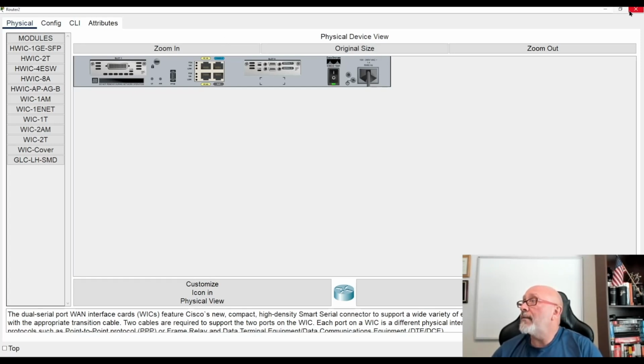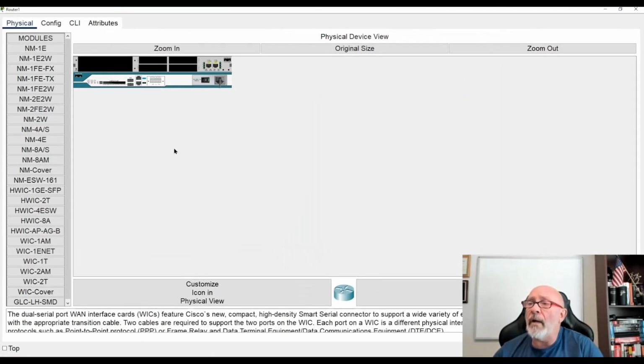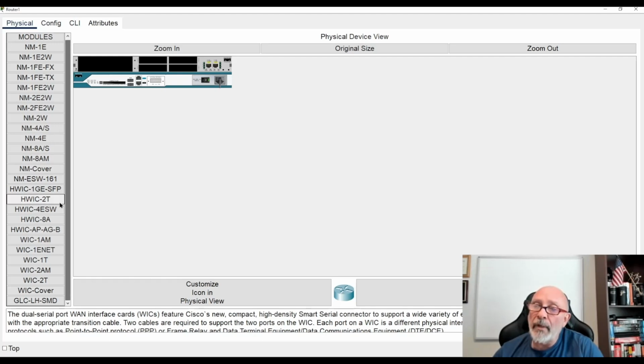All right. If you're a student taking a course in this, then I will be telling the instructor, hey, what's the dealio? What serial cable are we using? What cards are we using here? So here you have the 2811 routers. You can see it has more modules that you can plug into it. It's SFPs. You still have your WIC 1Ts, but I think they've upgraded there to HWIC, which are faster.